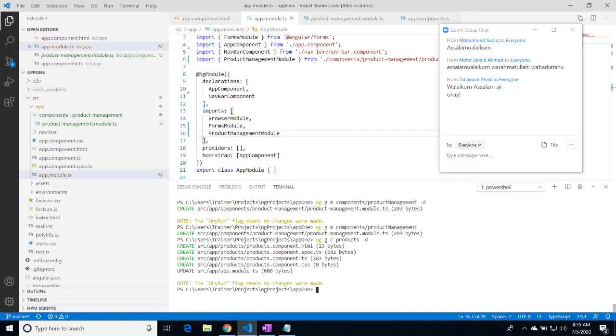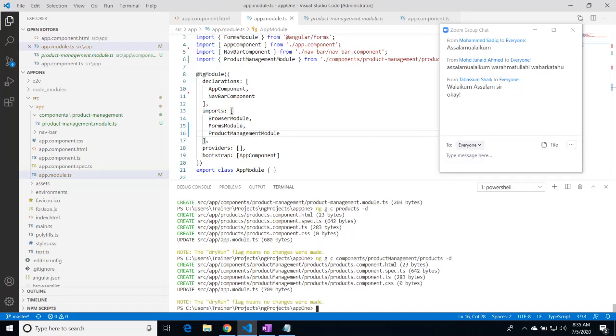Otherwise, that's a red flag. So anyway, let's go back over here and then fix the path, components slash products, and we want it under product management. So product management, let's see what it does. So it created the right folders at the right place, but